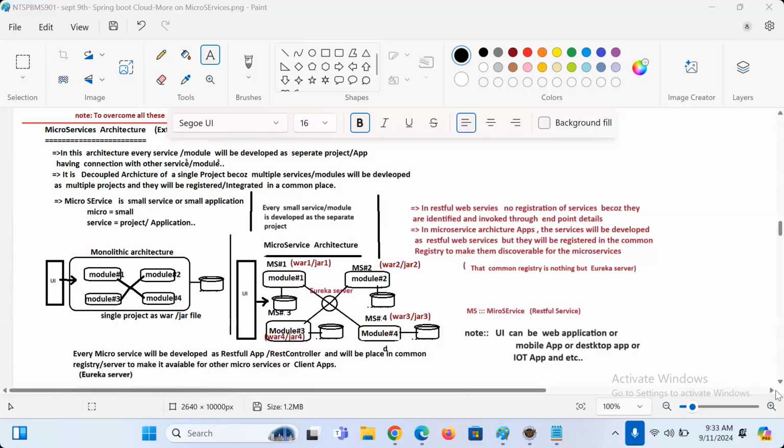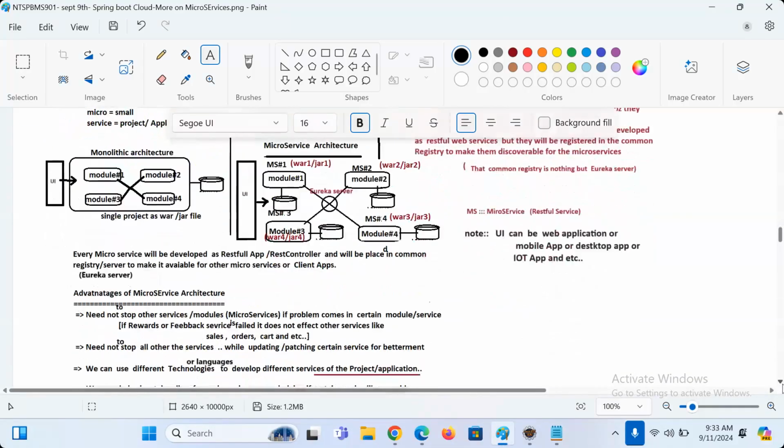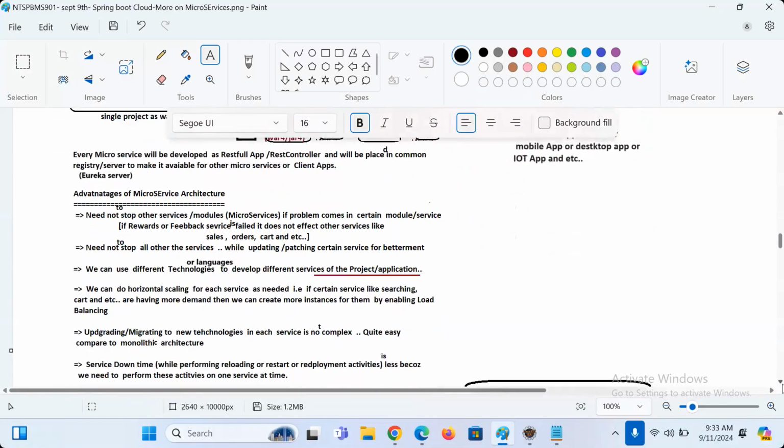So, that I was talking about advantages of microservice. Total 3 architectures we learned: monolith, SOA, microservices. In all 3 places, MVC layers will be there. MVC layers are not specific to one architecture.